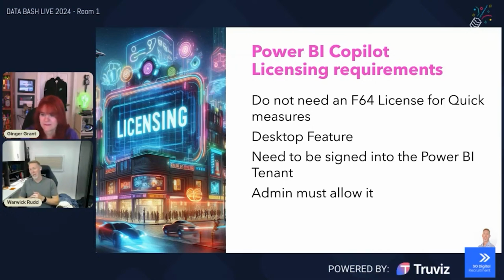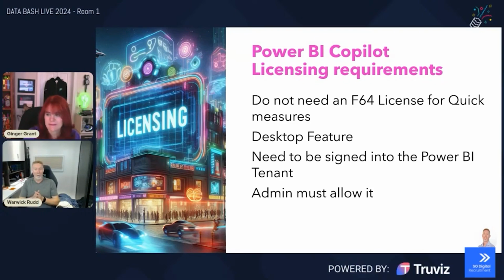Now, just so that everybody is aware, Ginger and I were talking about this during the week. There were recent announcements around the premium capacity, in that you can't buy those premium capacities anymore, and moving forward, you're going to have to look at going to an F SKU, or your premium is going to get upgraded. So you need to be aware of that.